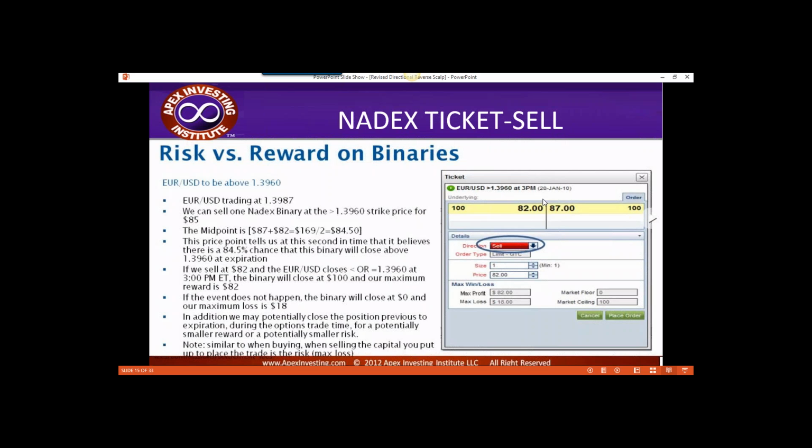I think it'll be less than, so I want to sell it. I'm going to sell it for 82. Well, if I sell it for 82, the maximum profit I can make is 82. Because remember, on the sell side, whatever we sell for, that's our maximum reward. And our maximum loss or our maximum risk is the difference of where we sell compared to